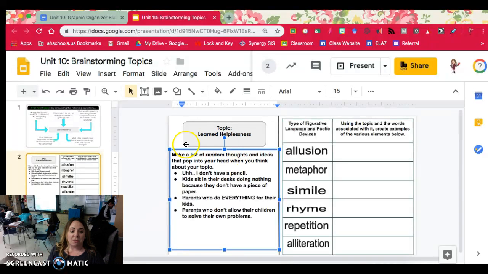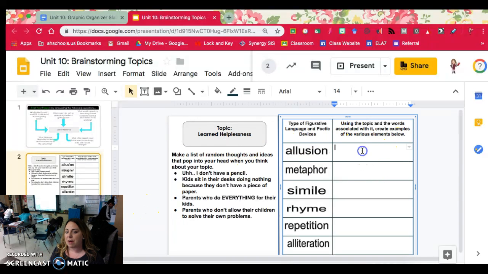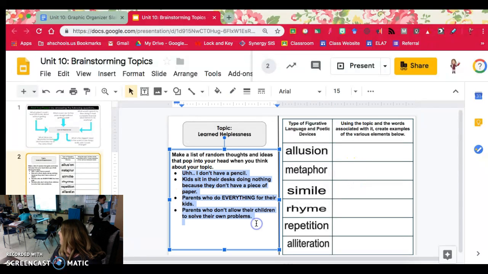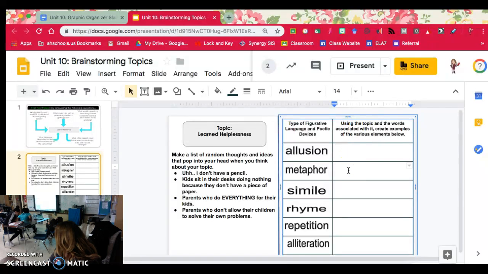Okay. And so then what I would do from there is start right away trying to think of some figurative language, some ways that I can express these thoughts in more of a poetic way, in a way that is going to be catchy to my listener. So I could maybe come up with a simile. Kids sit in their desks doing nothing because they don't have a piece of paper. I could compare that to, students are like